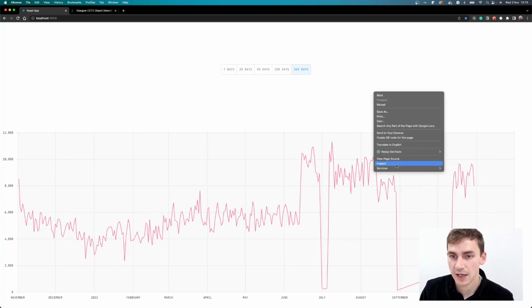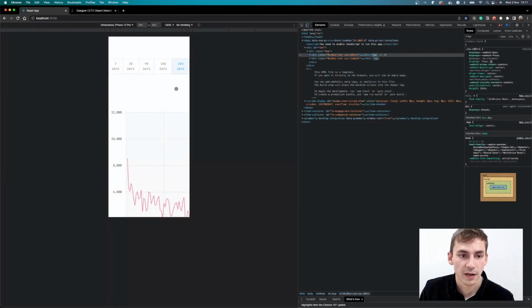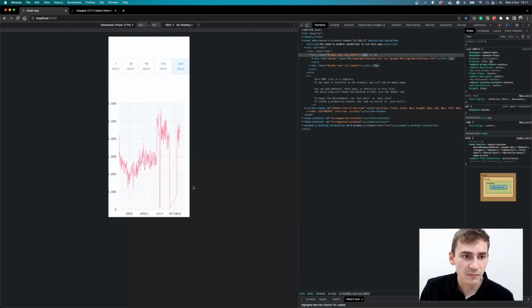If we have a look just now, and I can emulate, if I'm using Chrome, I can have a look at what it's going to look like on an iPhone Pro 12. I can refresh the page. We can see that it looks okay, but there's a few things going on here which could look a lot better. And this is something which we have helped out by making